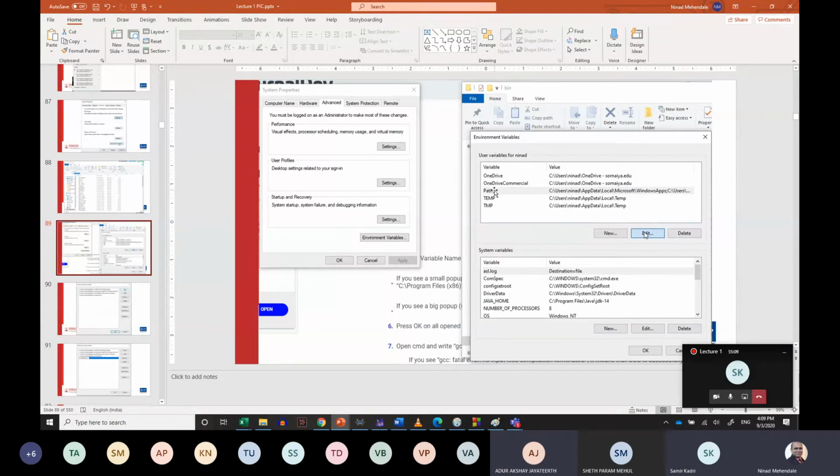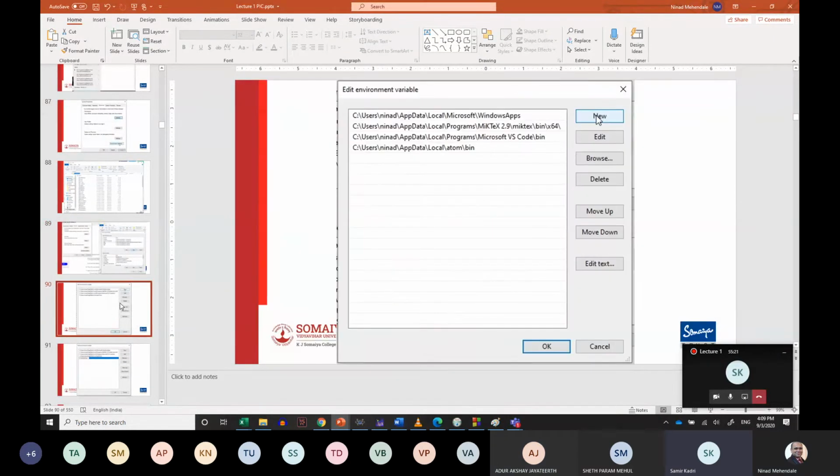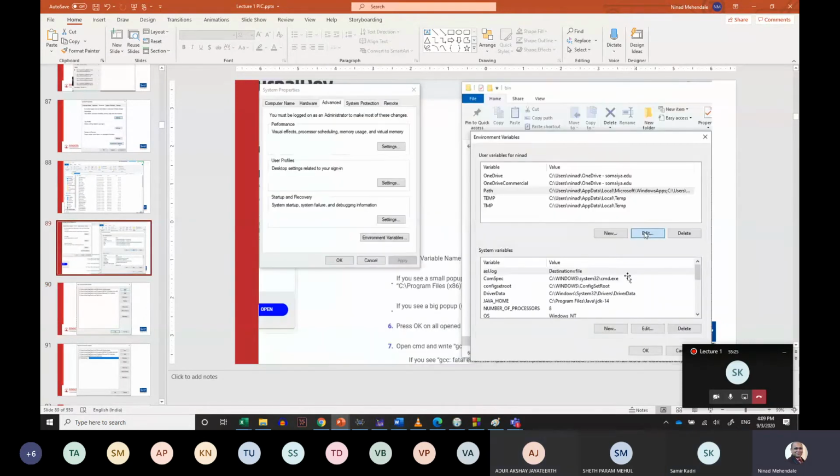If there is a path variable, you select this path variable and then click edit. Okay, and then it should take you to this point. I guess I missed out saying to select path variable, and that's why you get a new option.